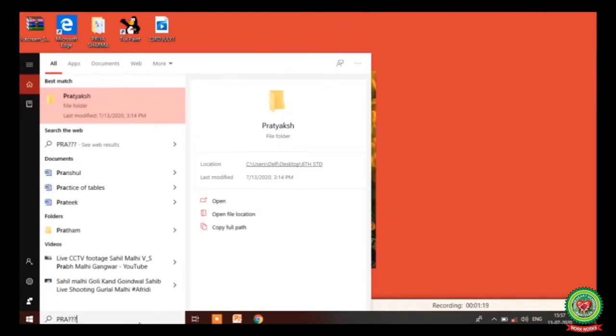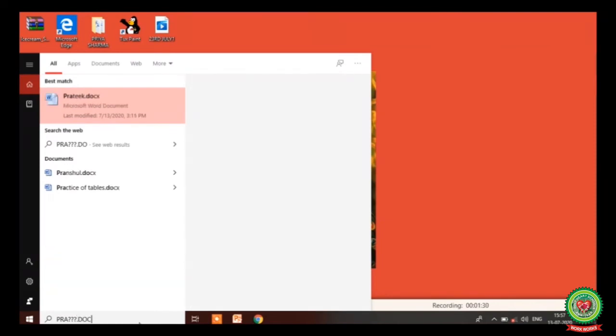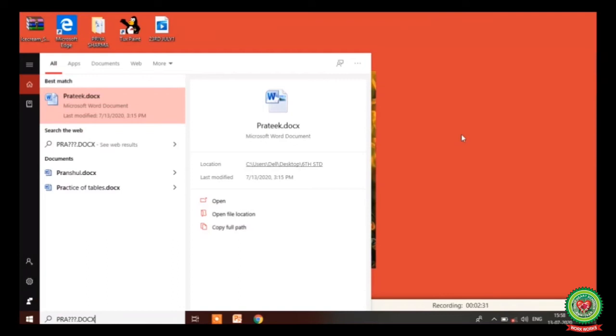It means PRA is the fixed name of the file followed by 3 more characters, and .docx will show you the document files only. Now here you can see it will show you all the document files that start with PRA and are followed by 3 more characters.